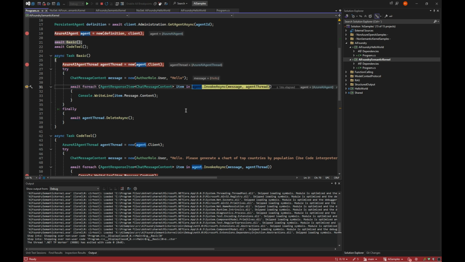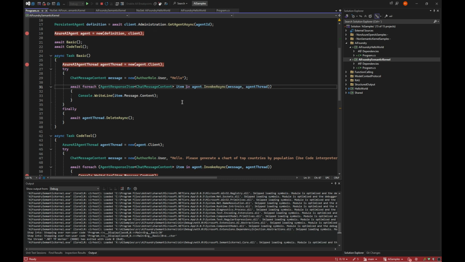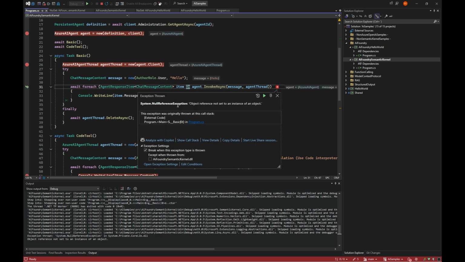If I do this, it will fail with a null reference exception. So if I do this, we will get a null reference exception. This is because semantic kernel can't work with the Bing part yet.